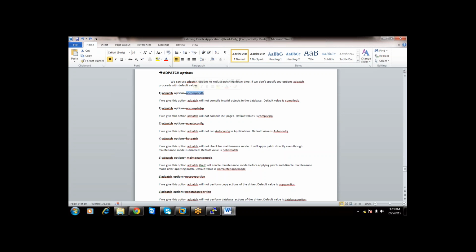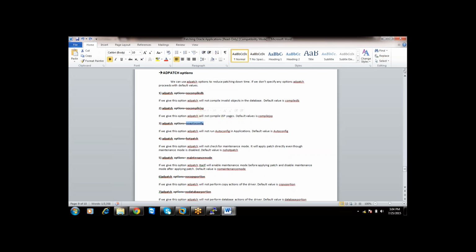Okay. Let us take an example of autoconfig. Out of 10 patches, assume 5 patches are running autoconfig. Let us say autoconfig takes 1 hour to run in your application. So 5 hours, what happens? You need 5 hours of downtime, right? Autoconfig, if you run it 1 time or 2 times or 3 times, it is the same. There won't be any changes.